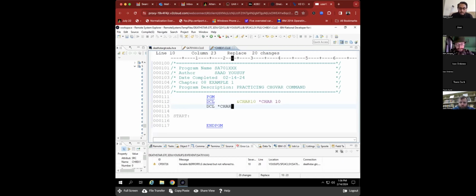And declare another variable, character 24 of type character, size 24. Oops, my bad, it should be size 10. And let's declare a decimal